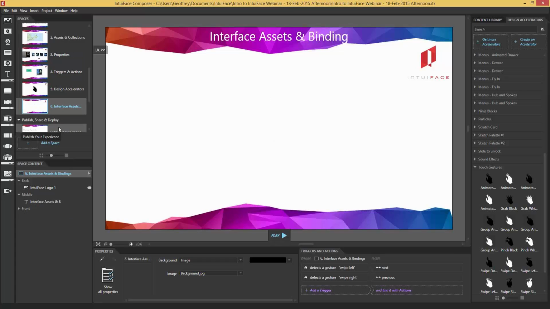Next, last but not least, in terms of design capability, are interface assets and binding. This is a world unto itself. It's brilliant. Takes a little more time to get used to. Let's talk about it. Interface assets enable you to interface with any external data source, any external device, any external